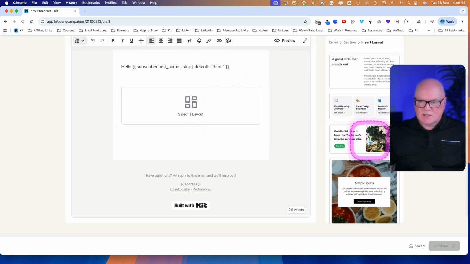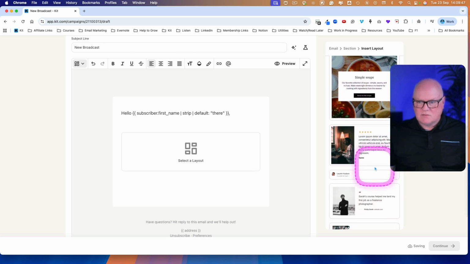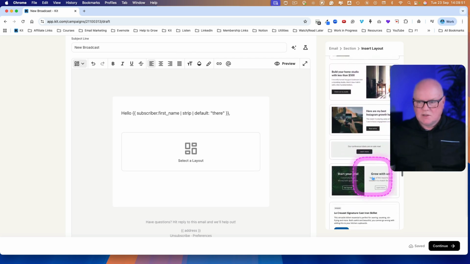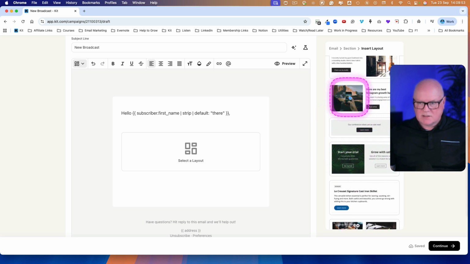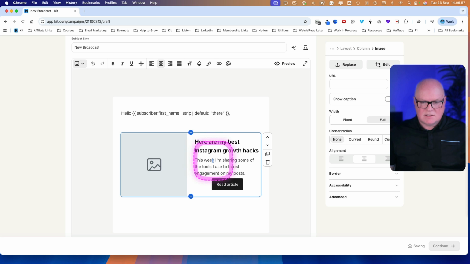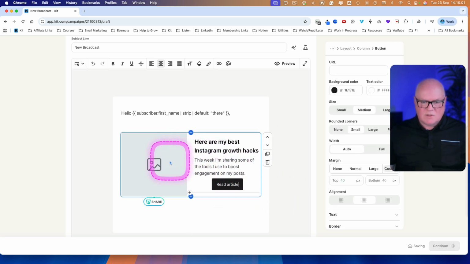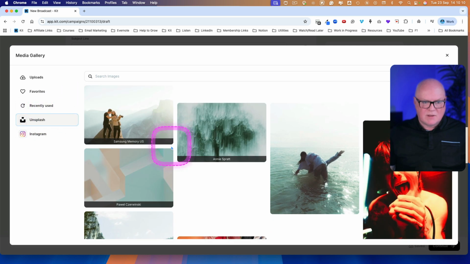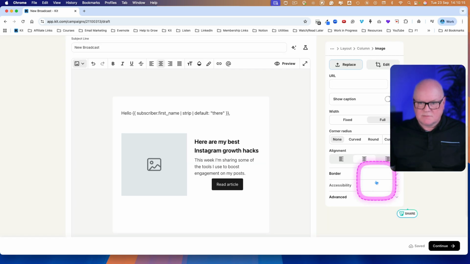Once you've selected that, you can then scroll down to see something that looks similar to what you might want to use. So let's say I was looking for something like this one here: it's got an image, a headline, a bit of text, and then a button. Once I've got that on the page, I can make it look and feel the way I want. So I would click on the image and replace that with, let's say, this one,